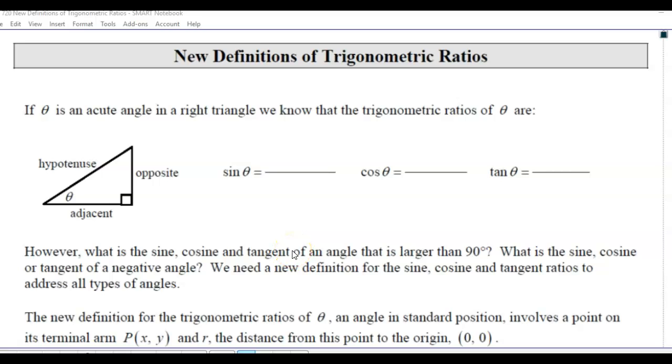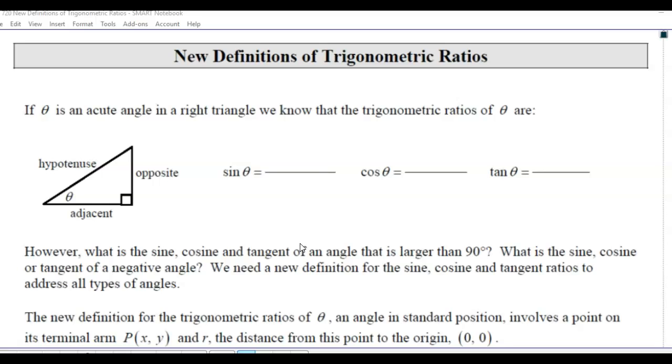New definitions of trig ratios. So we have learned about the primary trig ratios, sine, cosine, and tangent, and they've all been referenced to a triangle. Now we want to put them in a coordinate grid, XY axis, and we've talked about angles in standard position. We now, with those angles in standard position, want to find the sine, cosine, and tangent